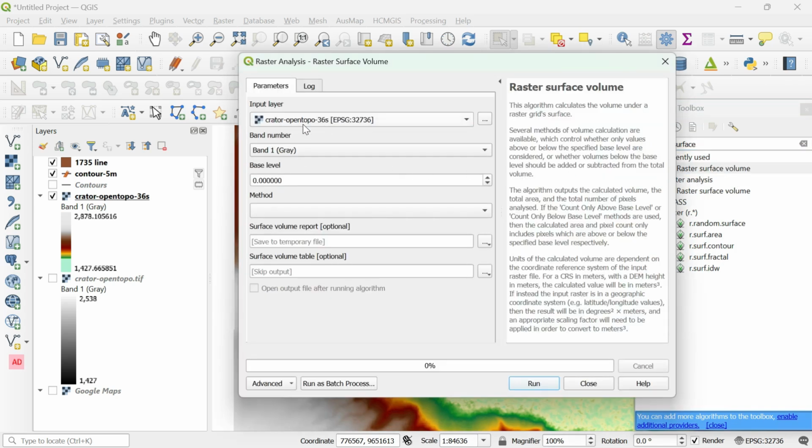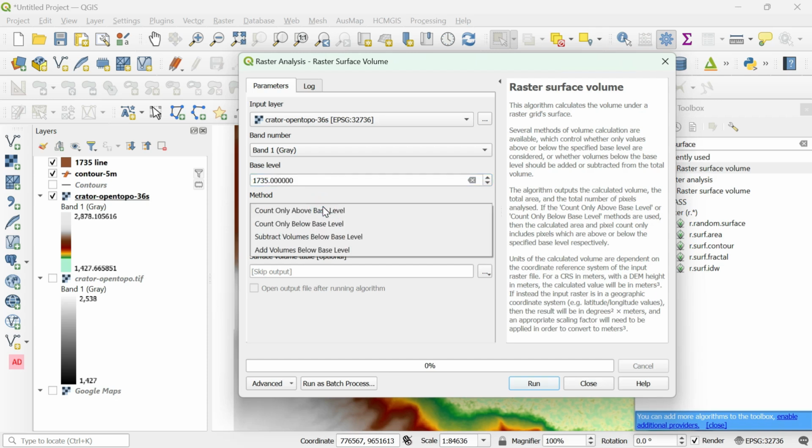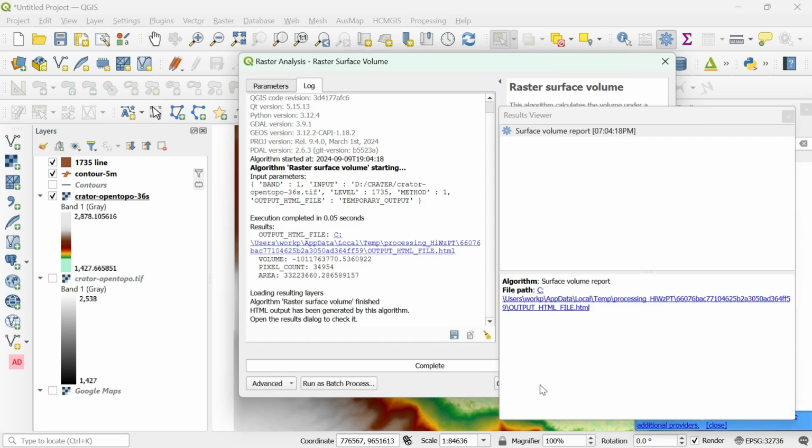Our raster layer is this one, and band nothing will change, and this level, we have to choose the level here, our 1735, and method below base level. Okay, and surface volume report, we can save or not save. That's what we like, then just click on run.